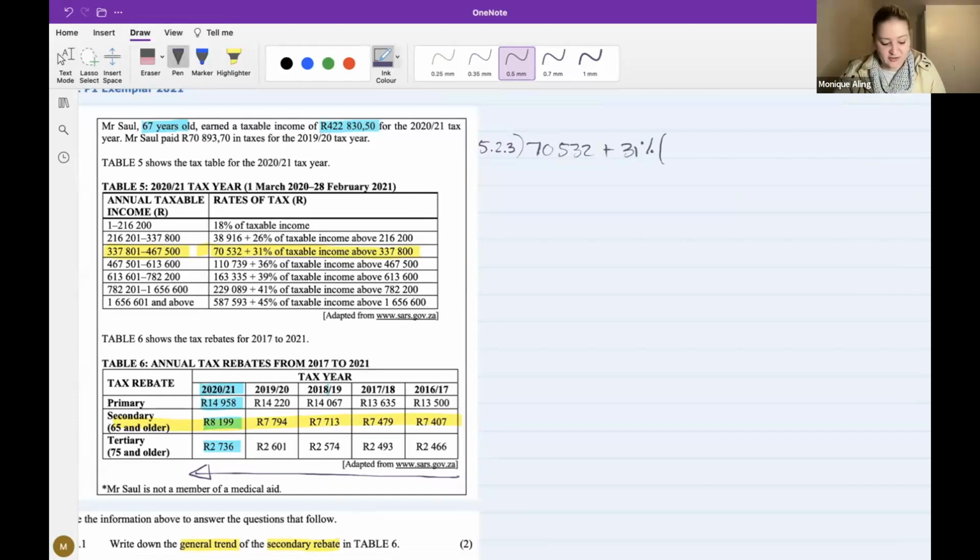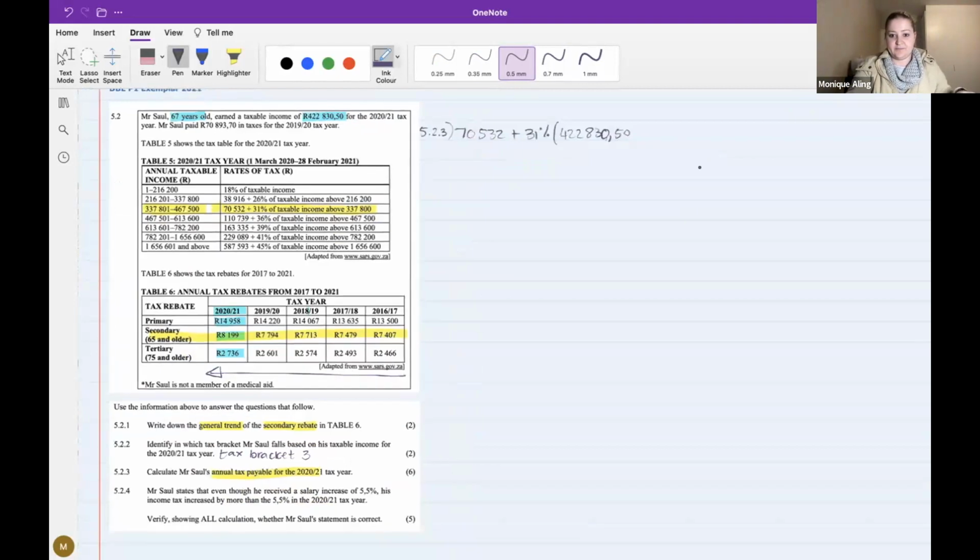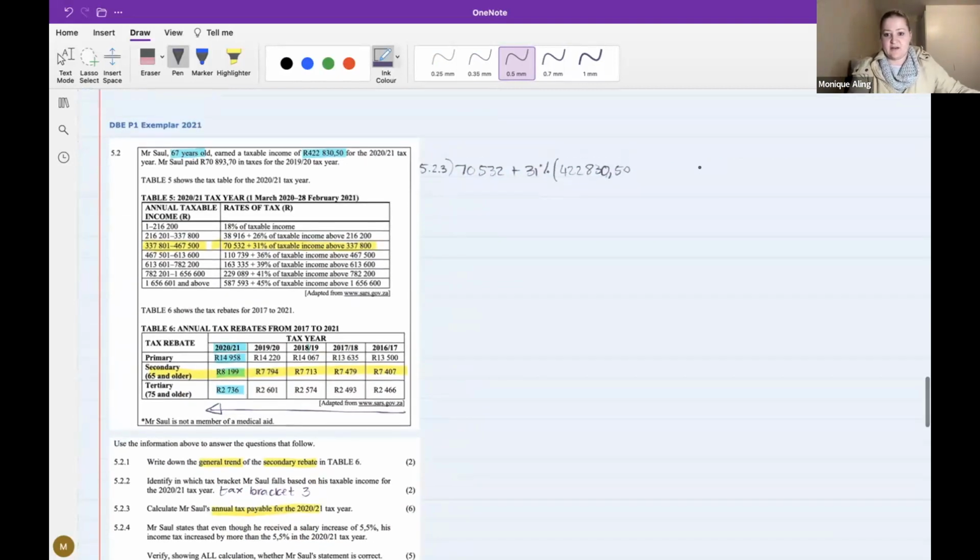We substitute the income in. Okay, when we work that all out, I'm not going to do every step. It's going to give you